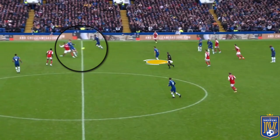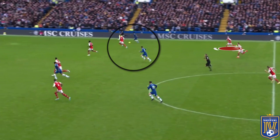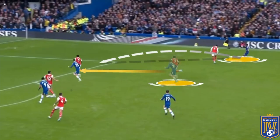In this example, you witness Havertz getting to the ball before Gabriel when Azpilicueta steps into Martinelli, and he lays it off into the path of Jorginho, and focus on Sterling beyond Zinchenko. From there, Jorginho ends up sliding the ball into the gap of space beyond Zinchenko and across Gabriel to play Sterling in free, and that allows Sterling to now get in a 1v1 with Gabriel as he shifts over to cover for Zinchenko. As that play develops, you witness Sterling sliding the ball across Gabriel for Havertz's run off Thomas Partey,